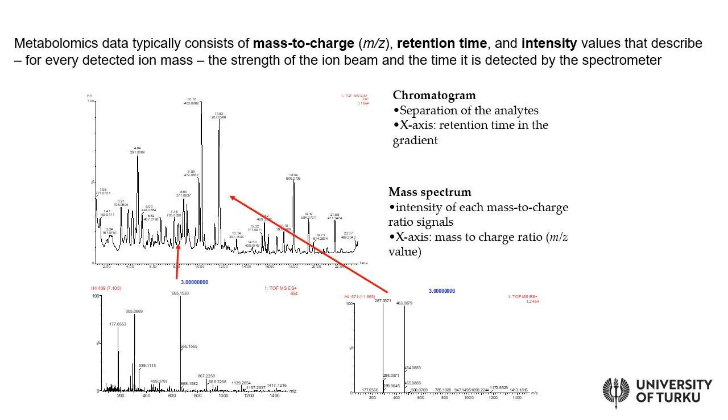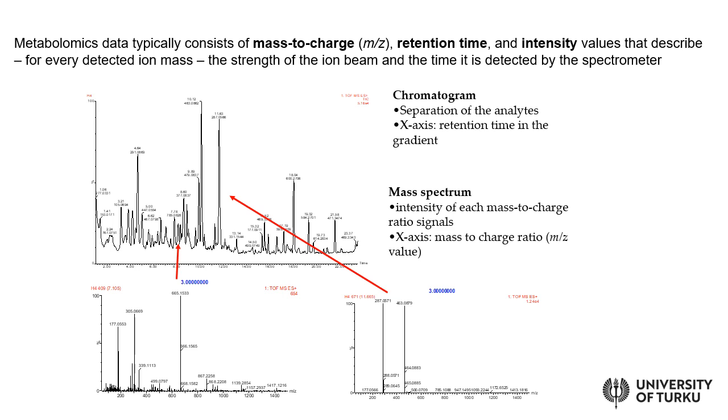So what is collected there is all the information that we can get. There is this mass to charge value, which is basically the molecular weight in ionized form. What is the mass to charge value for each component? What is the retention time? When did it come out from the column? And also the intensity. This is arbitrary units accounting for the signal, meaning how high an amount of that compound we have in the analysis. And this is information that we can of course look at manually.